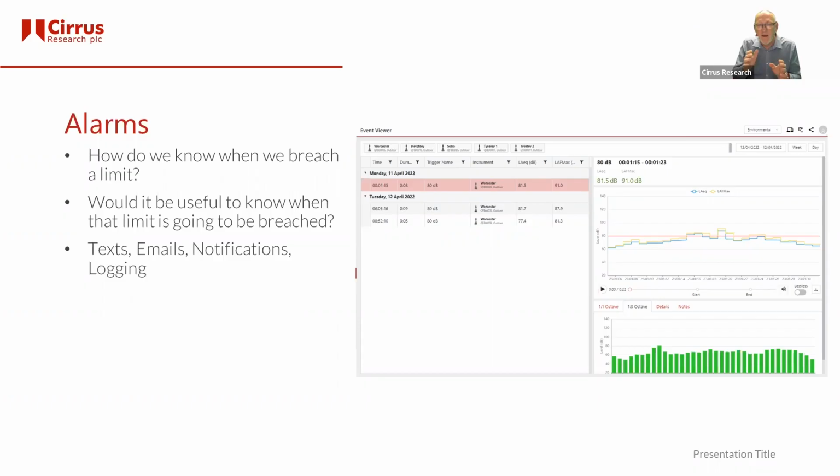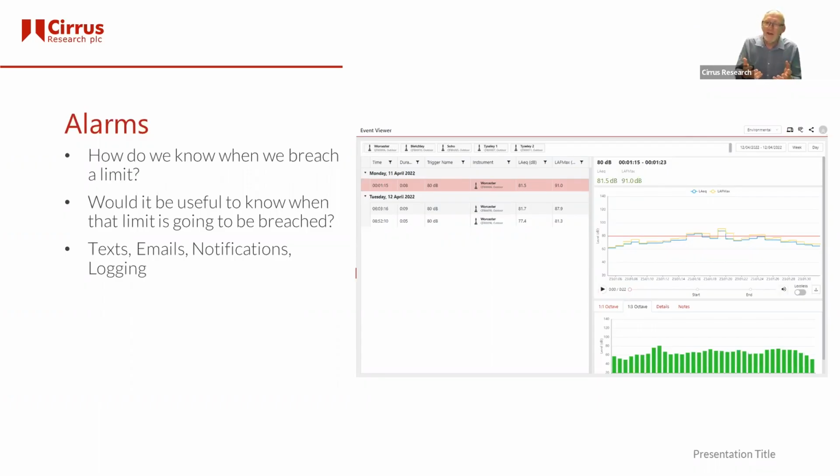Sometimes it's useful to know, on that second point, if you carry on like you are, is it going to be breached, and when? So at the current noise levels, that's going to breach at some point during the working day. That's another useful thing these systems can tell you. And then the site can decide, and I've seen this, either to say, we're going to shut that down, we'll keep within our limits, or actually, we're going to carry on with that. We know we're going to breach it, but at least it gets that job out of the way. Not really the way you should operate, but that's what happens on sites sometimes.